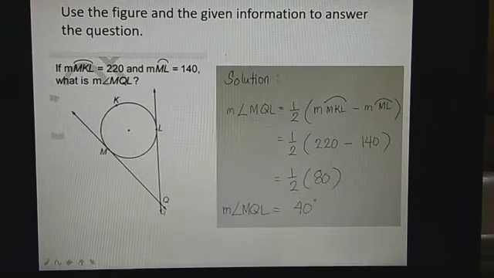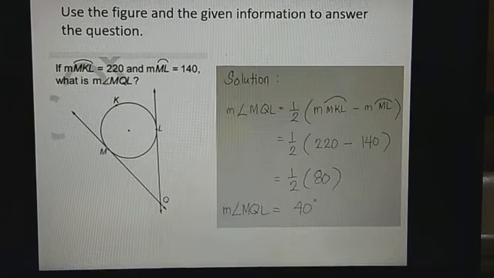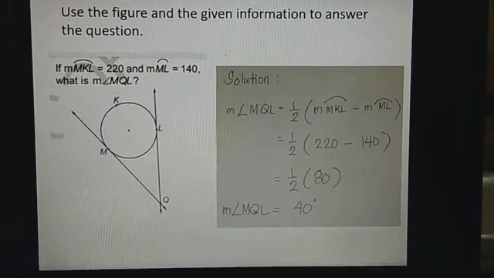I-analyze muna natin yung figure. Yung pinapahanap sa atin na measure ng angle ay angle na nabuo in the exterior point of a circle. Ito, point Q, the vertex of the angle. So, the angle is formed in the exterior of a circle and this angle is formed by two tangent lines. So, i-apply natin yung theorem. Sabi ko nga, kapag sa labas nabuo yung angle,